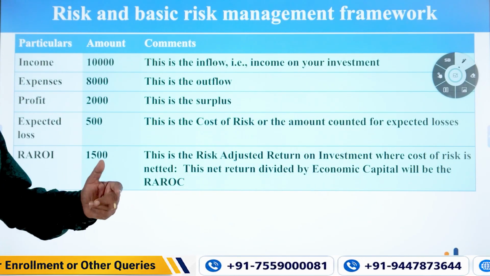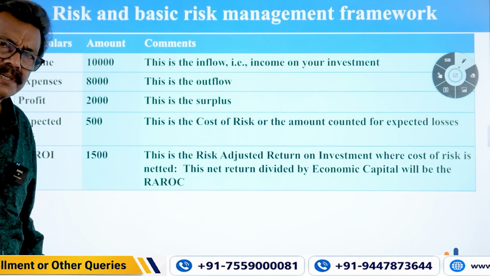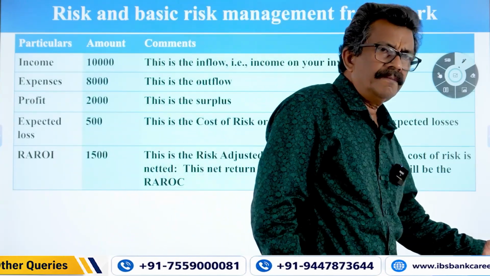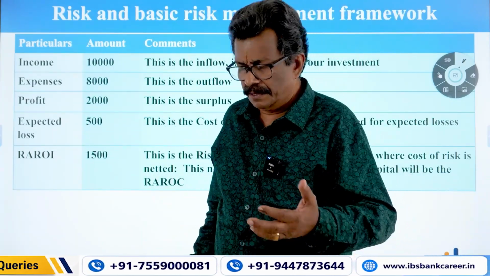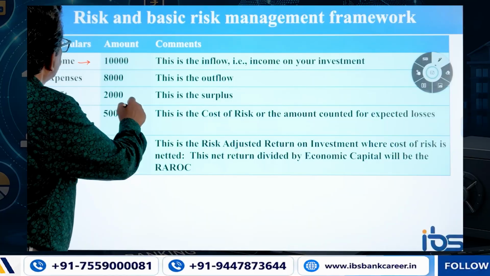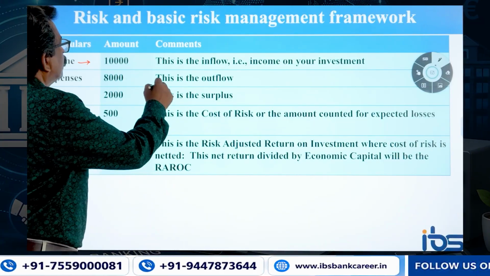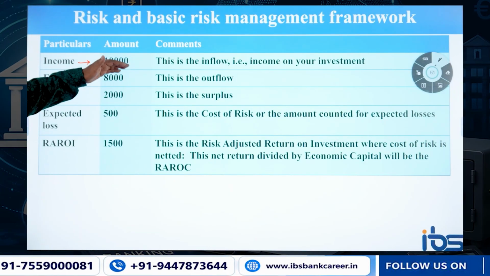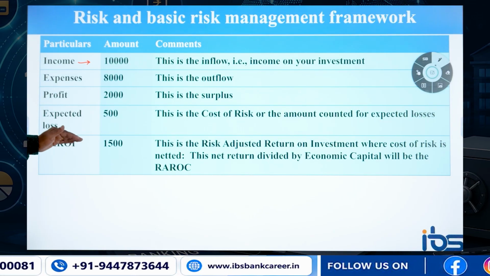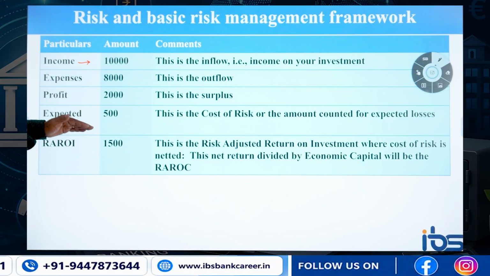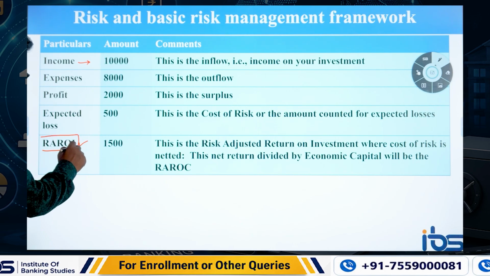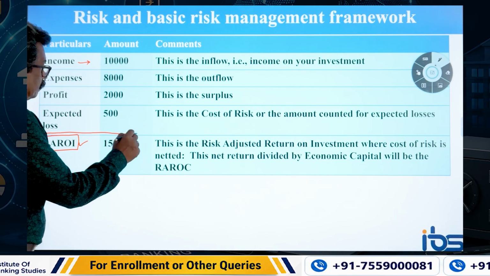So in that process, what will you get? You will get income, mostly by way of interest. In the banking books of accounts, the major chunk of income is from your loans and advances. Sometimes the income will not be given directly. Suppose you consider this as a case study. You will be asked to find out, arrive at the RAROC, risk adjusted return on capital. So in the question, up to this portion will be there.